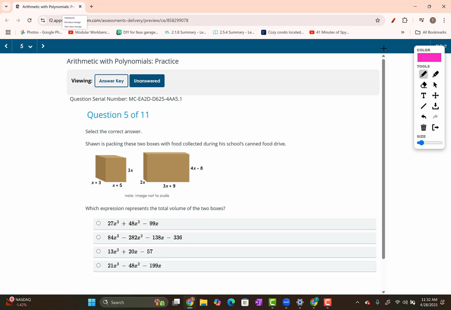Question 5. Sean is packing these 2 boxes with food collected during his school's canned food drive. Which expression represents the total volume of the 2 boxes? So we need to find the volume of each box, and then we're going to total that up by adding those 2 together. So recall, to find the volume of a box, it's length